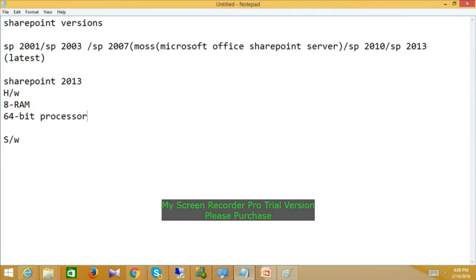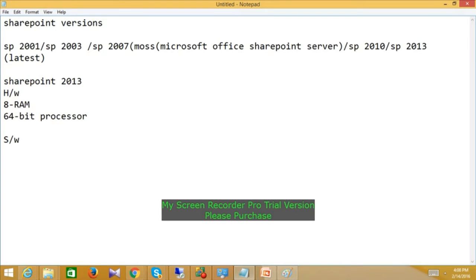In interviews they may ask whether you can install SharePoint on a 32-bit processor. No, we cannot, because 32-bit only supports a maximum of 4 GB of RAM. We should use a 64-bit processor only.